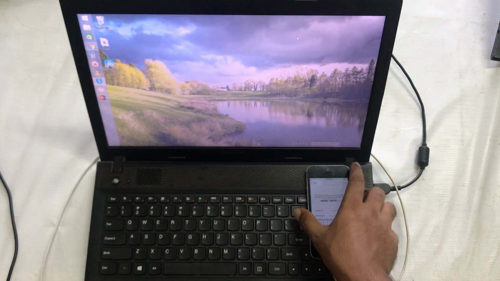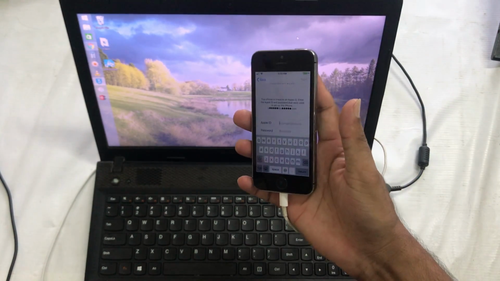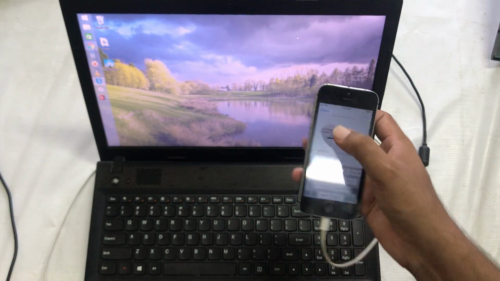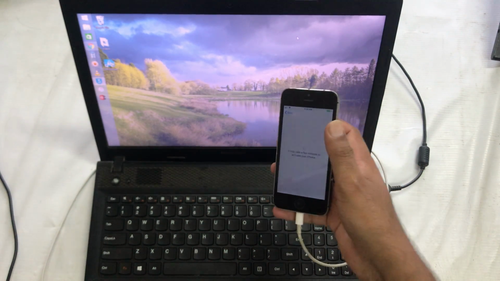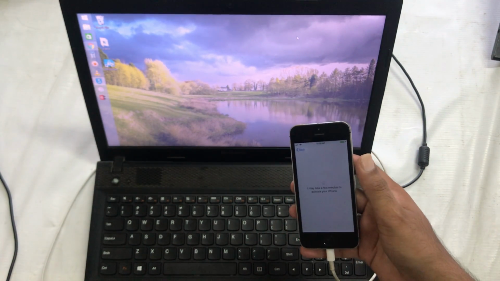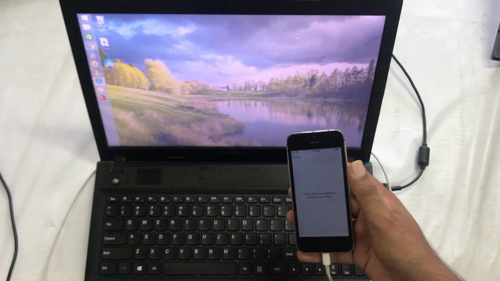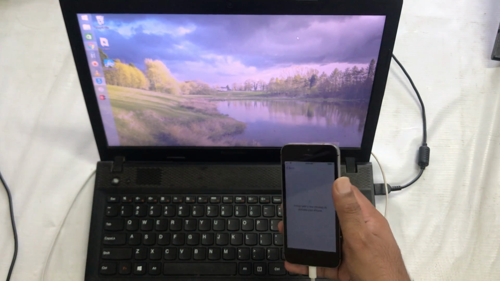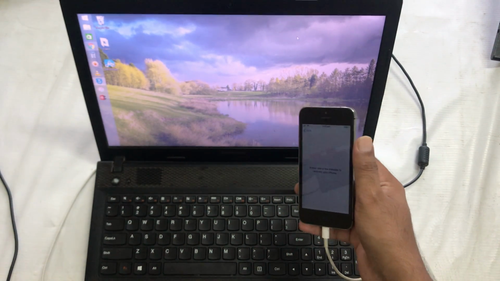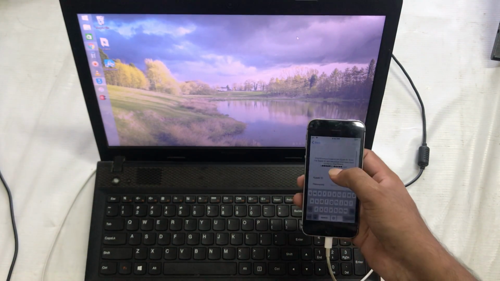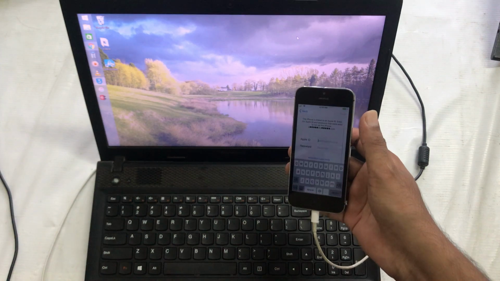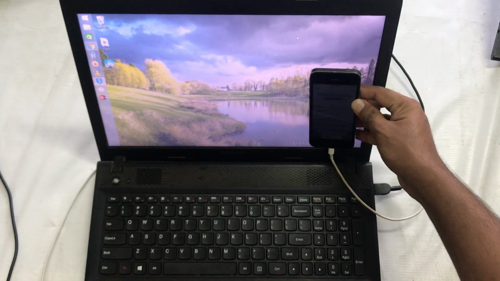So in that situation, if you don't know what the real ID and password of this device is, of any device guys, then it's not a matter of anxiety. Very easily within 5 to 10 minutes you will be able to terminate it. But for it guys, now see here, we need to firstly terminate